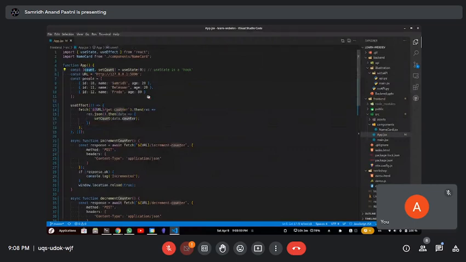But let's say we had some other piece of state, let's say a name or something, which is not tied to the database, and whenever we are changing the name, we would be fetching this code again and again. So if I hadn't done this, if I had done only this,